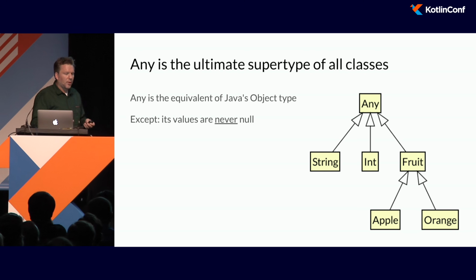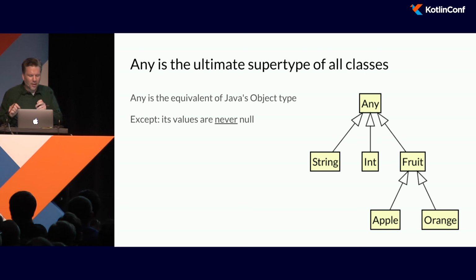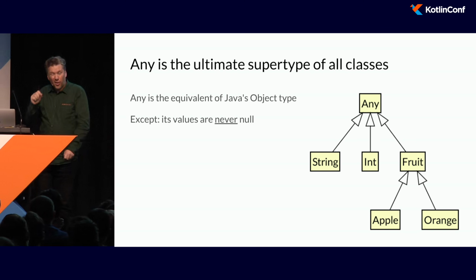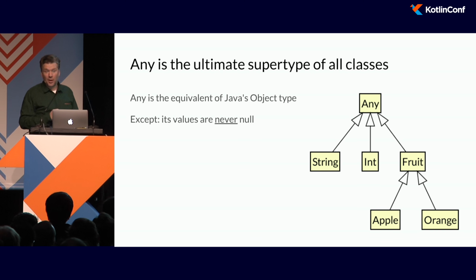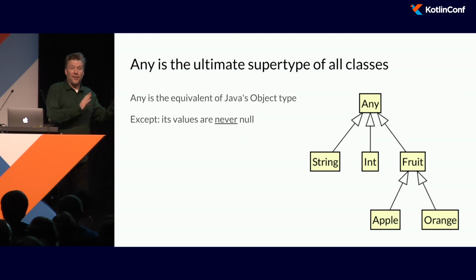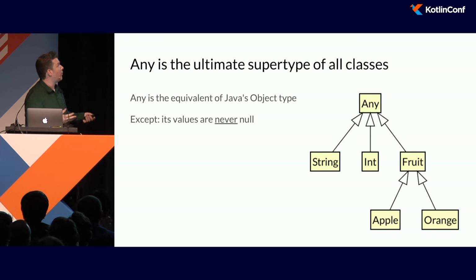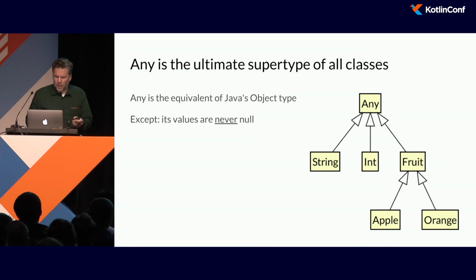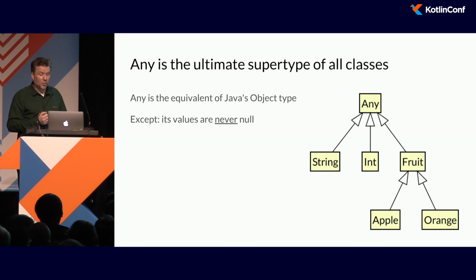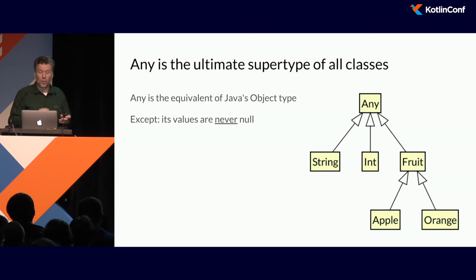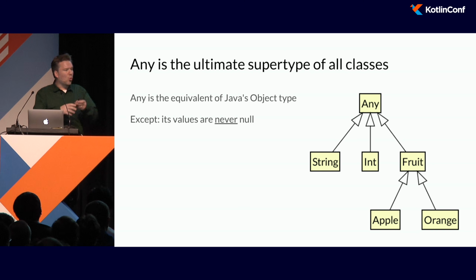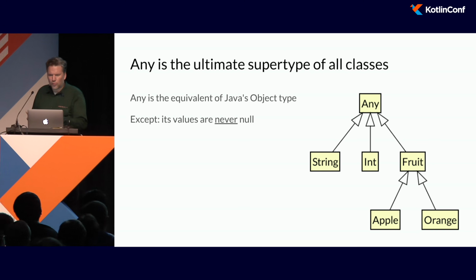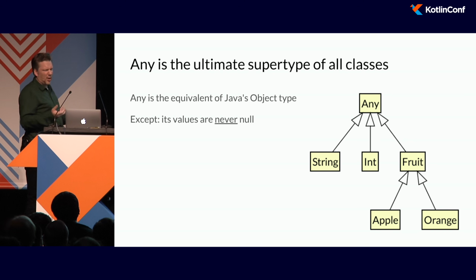Now, I have to be very careful about terminology here. The type of the root of the class hierarchy in Kotlin is called Any. And the compiler magically translates that into java.lang.Object when you're running on the JVM platform, but hides that mapping from you in most cases, unless you're using reflection. So it's the equivalent of Object in Java, except that it's not null. We'll look at nullability later. And all classes in the system are either direct or indirect subtypes of Any. But Any doesn't really provide any useful operations on it.